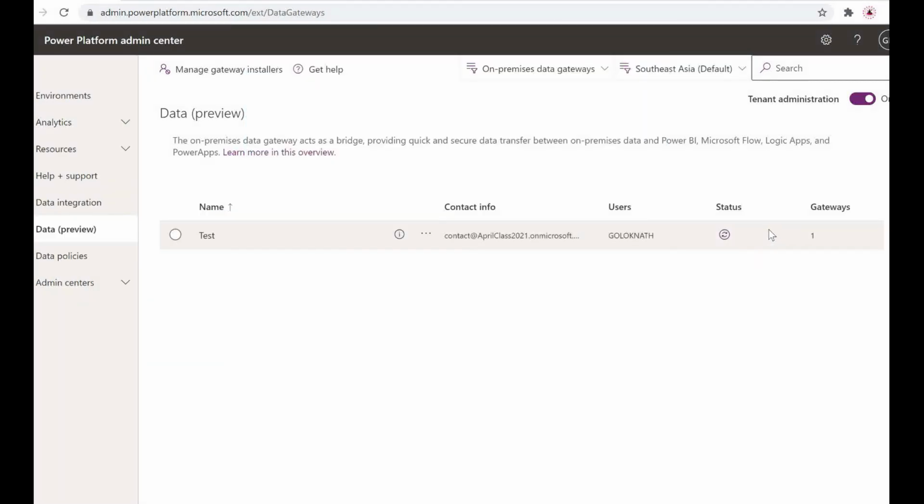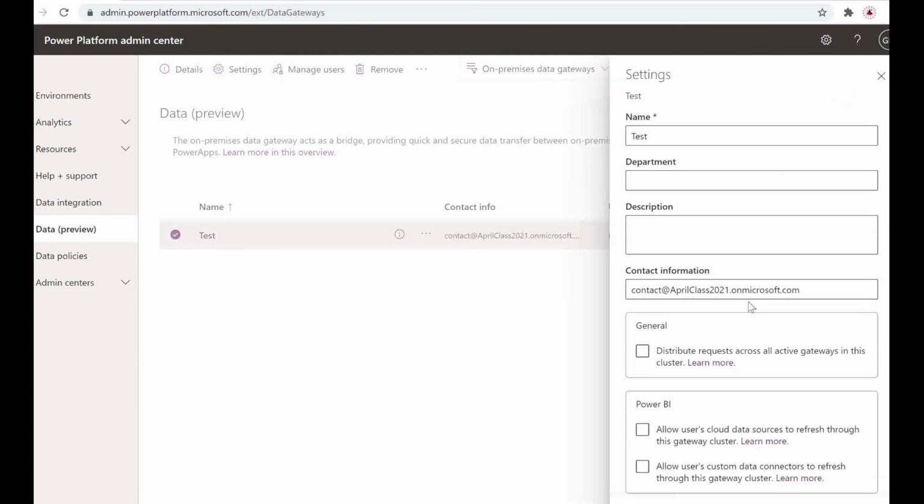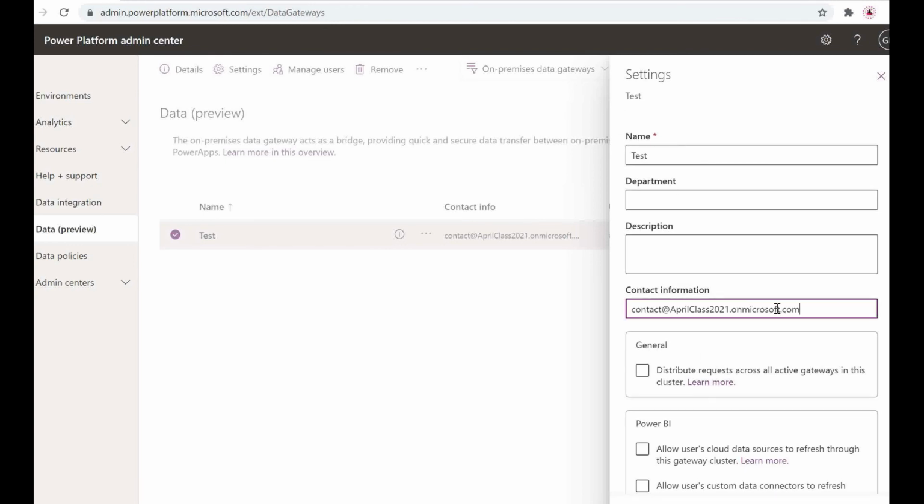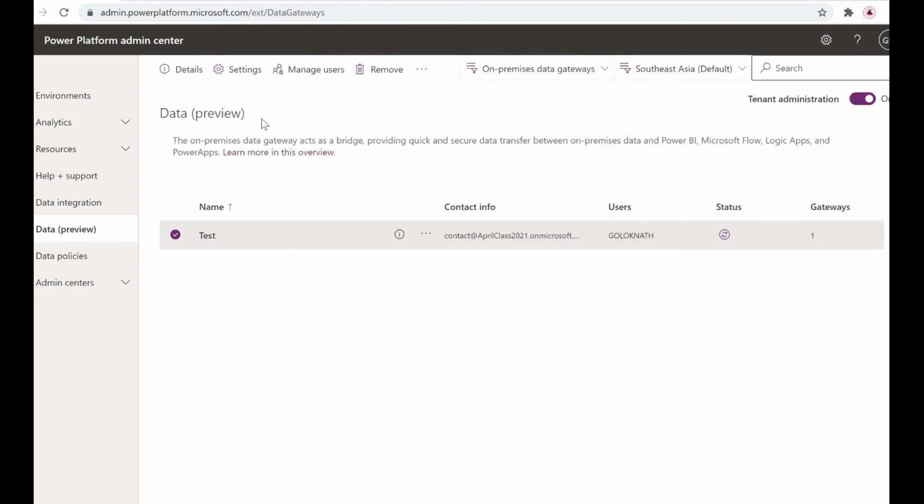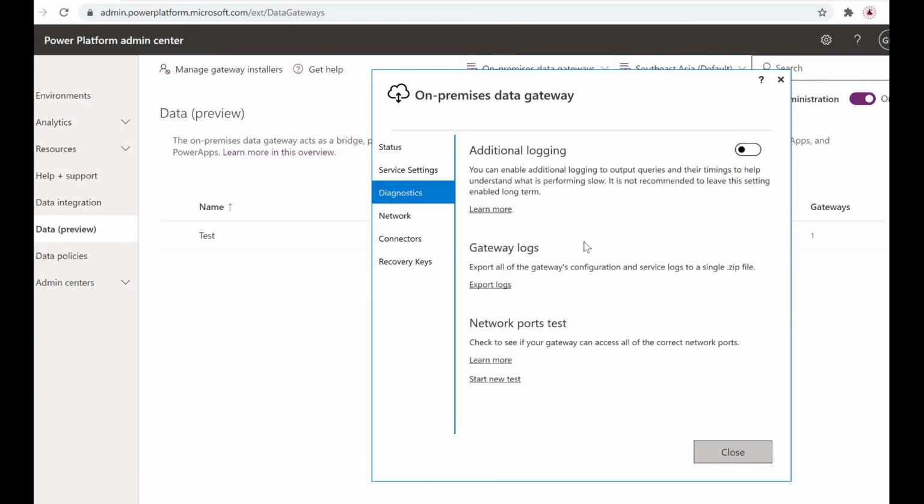See, I have created one gateway here. You can see the settings, created under the same contact information. The service account can be changed if you want. If you want to see the status and diagnostics, diagnostic is used for logging, to understand if there are any issues.